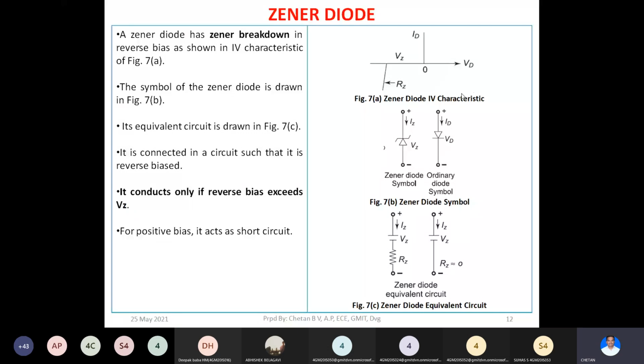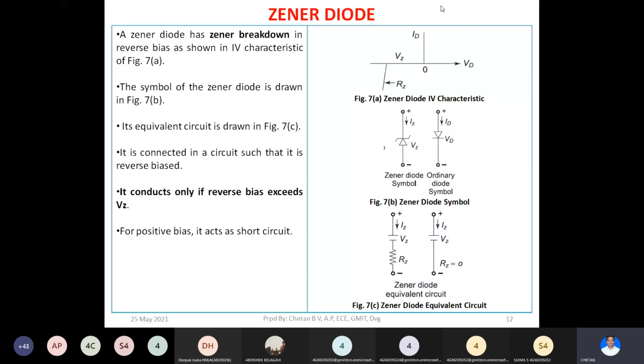So here figure 7a shows an approximate Zener diode current voltage characteristic, IV characteristic or VI characteristic. Here you can see in forward biased mode, it is just like a short circuit. Immediately it will conduct the forward current in the forward biased mode. In the reverse biased mode, as you keep on increasing this reverse voltage, the current will be slightly less, till you reach something called as VZ. VZ is reverse breakdown voltage.